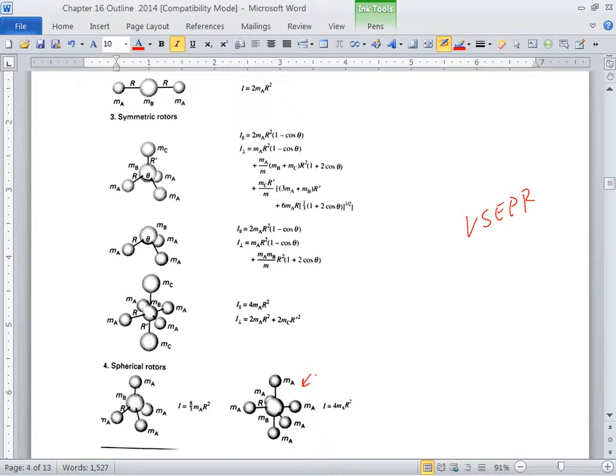It's got a square in the middle. Close. Square pyramidal if I could erase that one. Square planar if I could erase both top and bottom. Is it square bipyramidal? Square bipyramidal would be this one. Okay, so that's neither here nor there. Just seeing if you remember that stuff. Okay. But